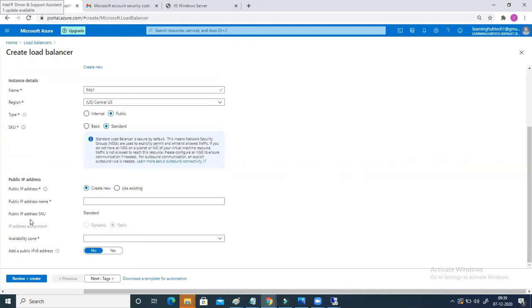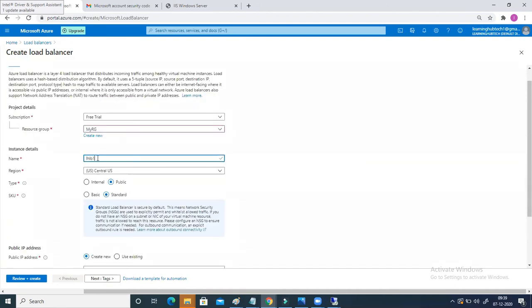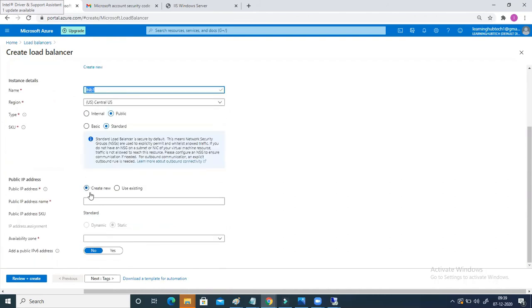And also you can see that when I selected the SKU of my load balancer as standard, the public IP address SKU has also been set to standard here. So now it is asking me about the name of the public IP address. So I said, okay, this is my load balancer, paste it, hyphen IP.